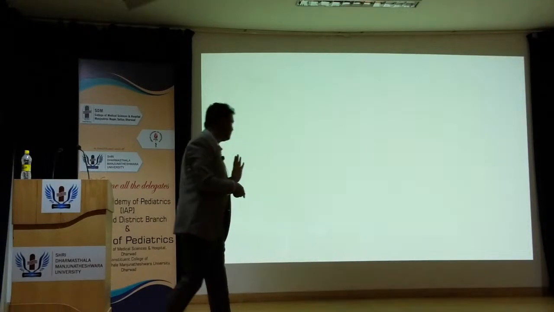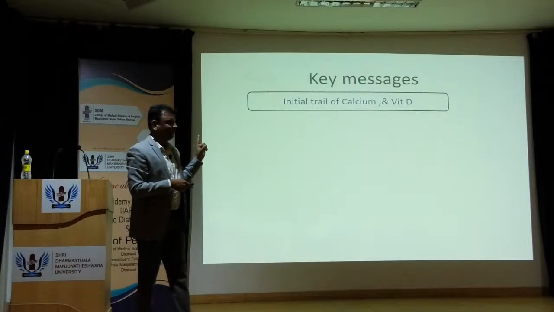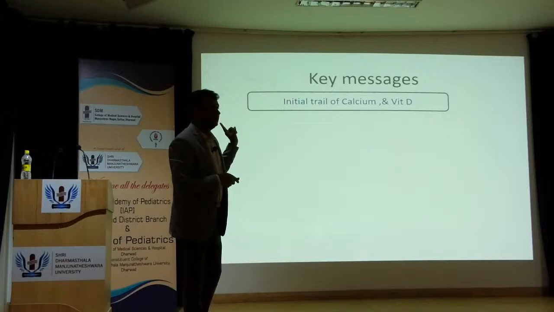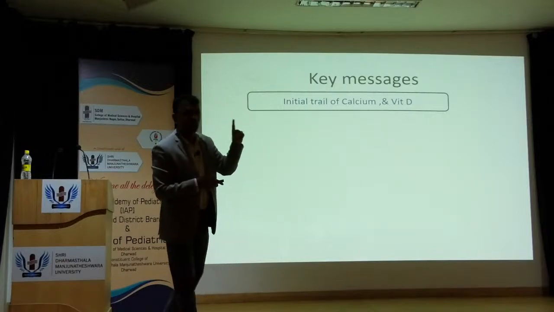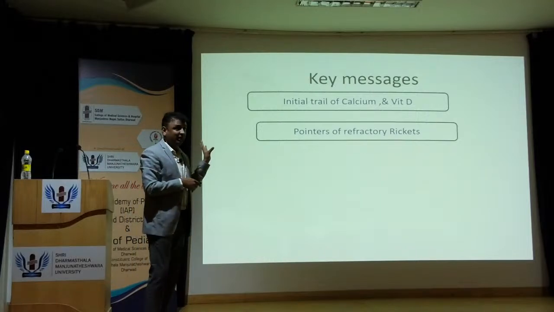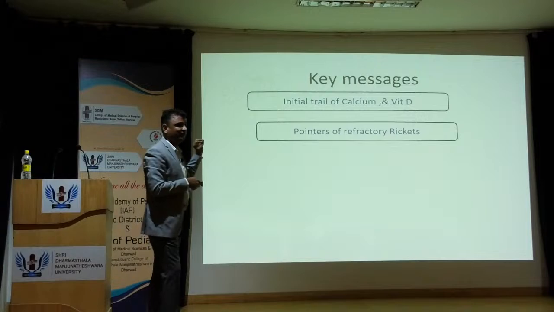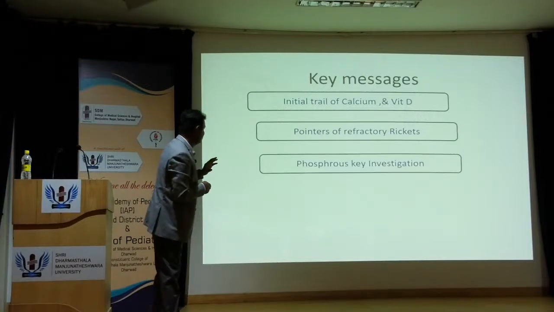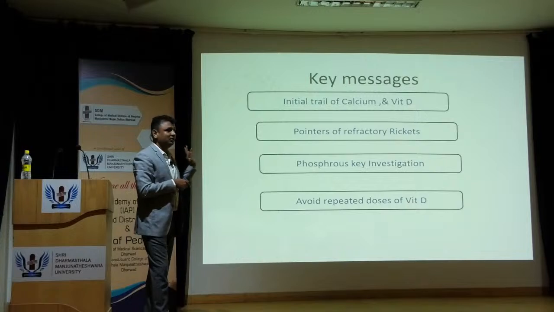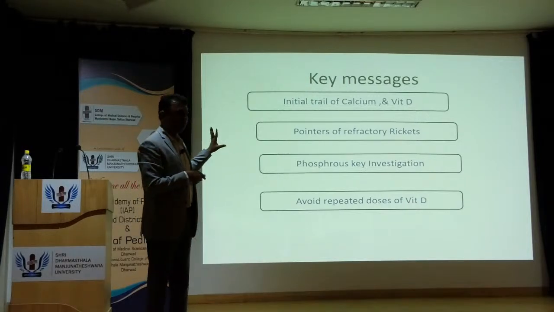Clear? Yeah. So what are the key messages? Initial trial of calcium and vitamin D in all the cases, and sometimes if you suspect malabsorption, one parenteral dose of IM. Okay. What are the pointers towards refractory rickets? As I told you, it could be polyuria, fractures, failure to thrive. Phosphorus is the key investigation, and once you label them as vitamin D resistant, avoid repeated doses of vitamin D,